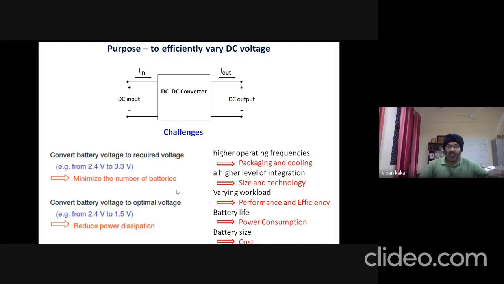So now another challenge is, then what about the higher operating frequencies? Because if we have a circuit like DC to DC converter, will it operate at very high frequencies? Because maybe at very high frequencies, the cooling problems, heat sink problems may be there, the packaging problems may be there, or even circuit problems may be there, the functionality problems, due to high harmonic contents, and so on.